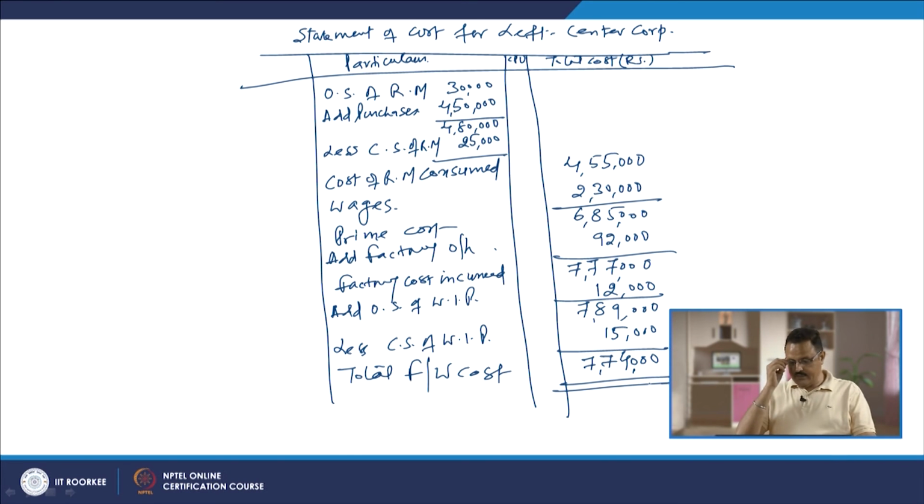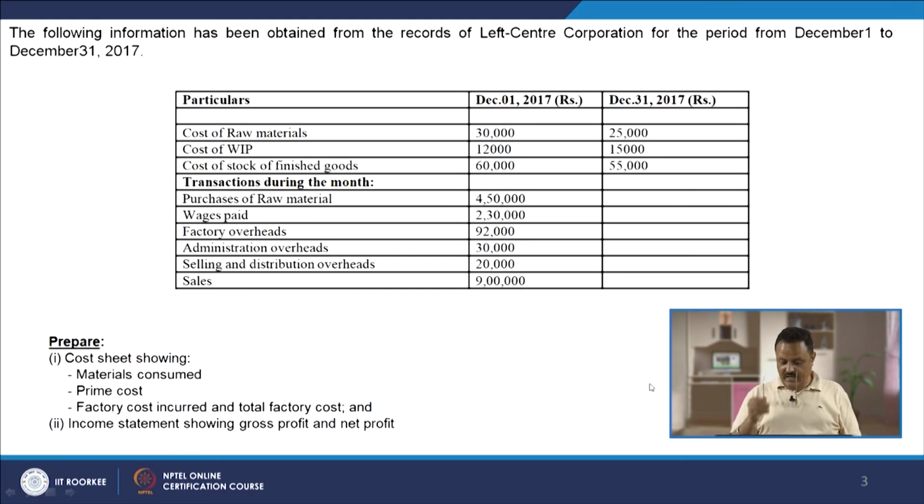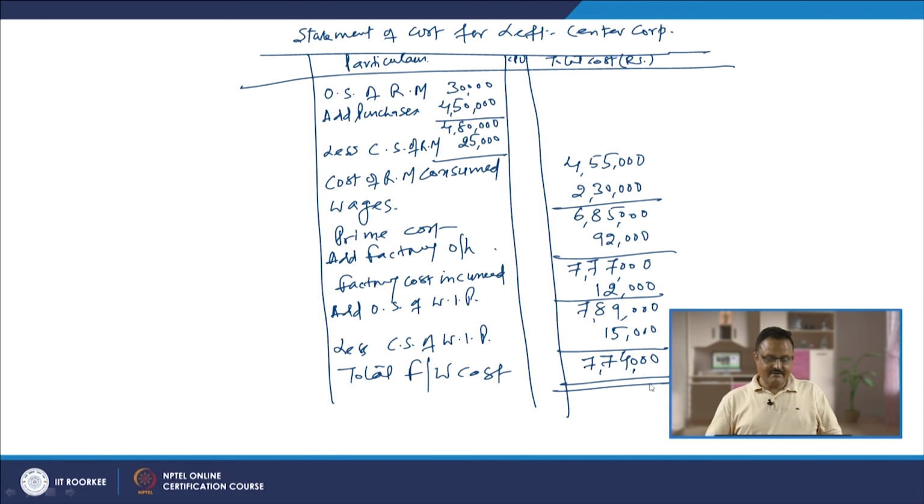So, from this information you are only asked to calculate the cost of raw material consumed, prime cost, factory cost incurred and the total factory cost. After that, finished goods overheads and other things we do not have to include in this cost sheet; they have to be taken into account in the profit and loss account or income statement and not here. So, we have calculated the cost of raw material consumed, the prime cost as asked, the factory cost incurred and then the total factory or works cost. Remaining administrative expenses, selling and distribution expenses, we will treat in the income statement